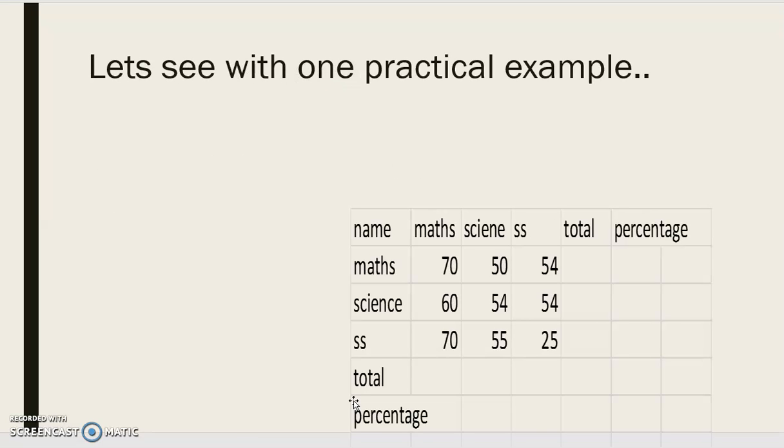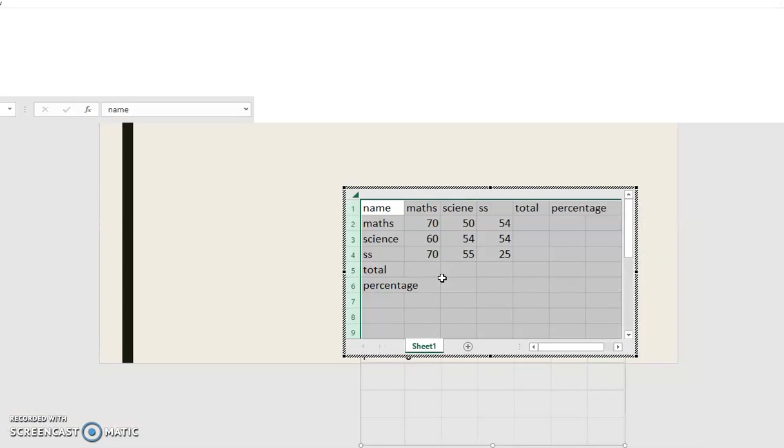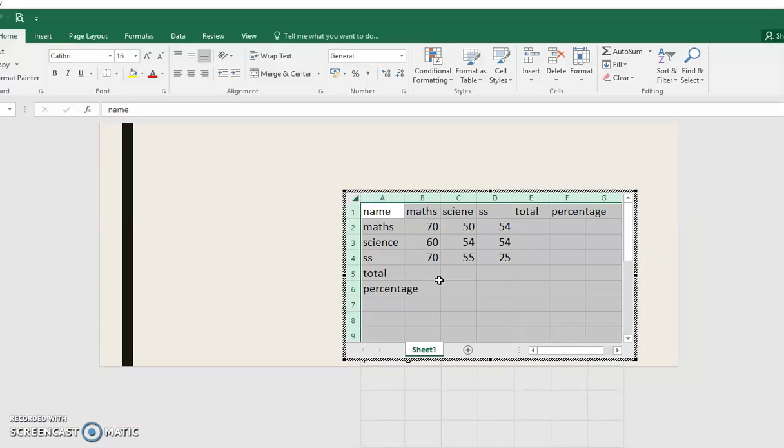Let's see one practical example. Here in this example I will show you we can find out the total with values also, but how it is not useful. See, here I have inserted one Excel sheet, so I can do calculation here directly. Here name, maths, science, SS, total, percentage, all these are the headings.